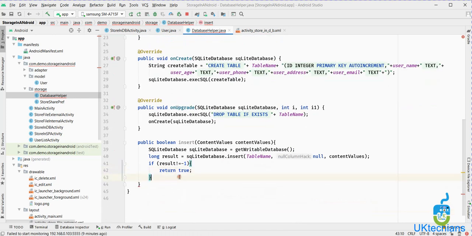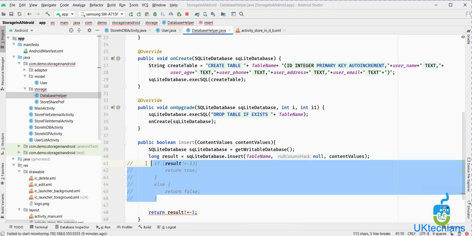But else we will say data is not inserted, so we will say false, right? We can also use this simple condition like this, return result not equals to -1. So we can use this or this condition. Let's say this condition is good.